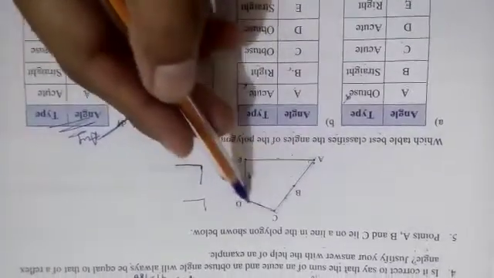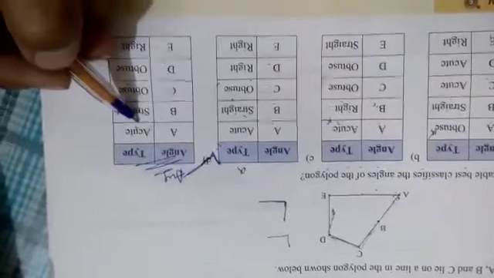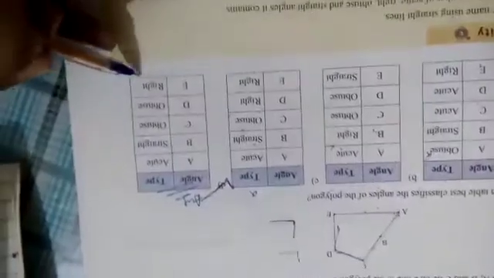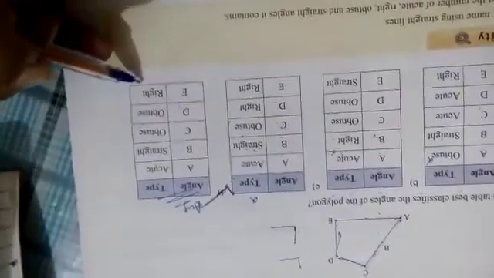D right angle here? No, it is not a right angle, so this option is also wrong. Next, the last option: angle A acute, correct; angle B straight, correct; angle C obtuse; angle D obtuse, correct; angle E is a right angle. So this is the correct option. Option D is the answer. With this, our 12.2 is complete.